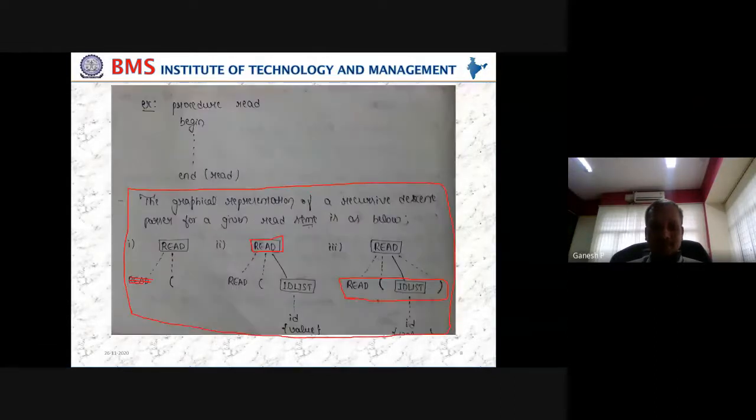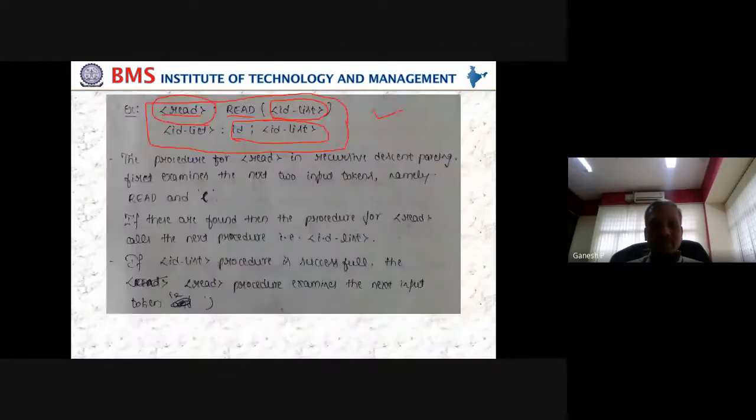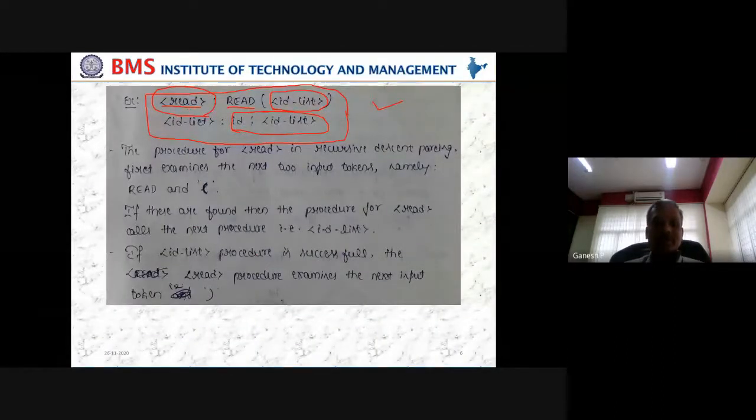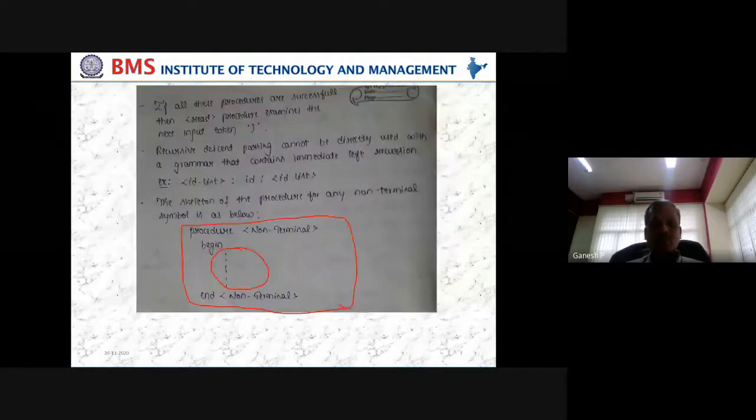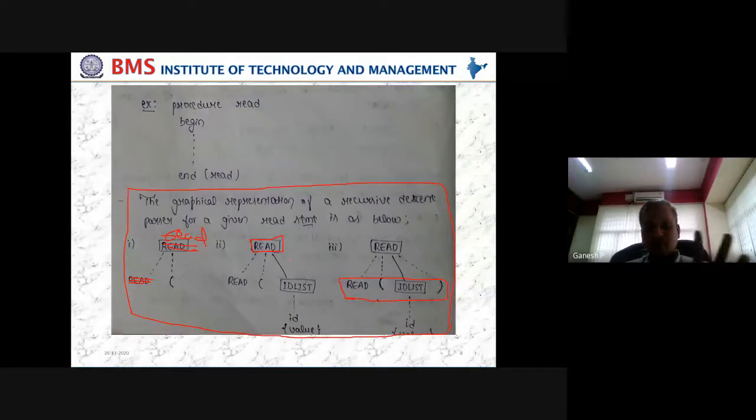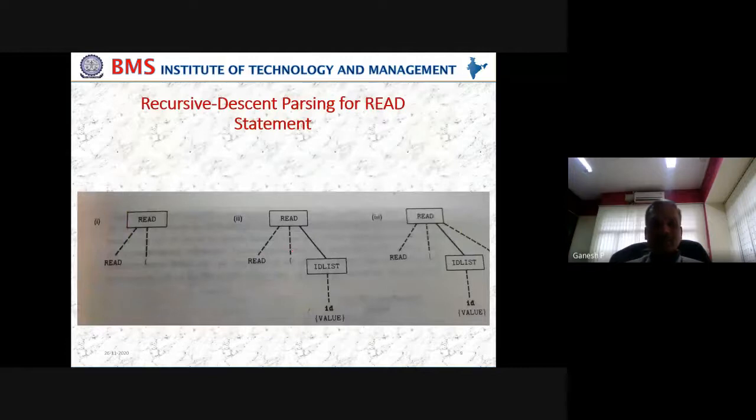Okay, so just write proper values here, just to avoid confusion. Everywhere we are using read, capital and lowercase, that should not be there. So on the left-hand side it is read, which is lowercase in the definition, and hence we have taken read here. Whatever is given in the rule, we have to follow. But this is how the diagram is written. That is a more complex diagram for the given input. So this is what is represented and taken here.